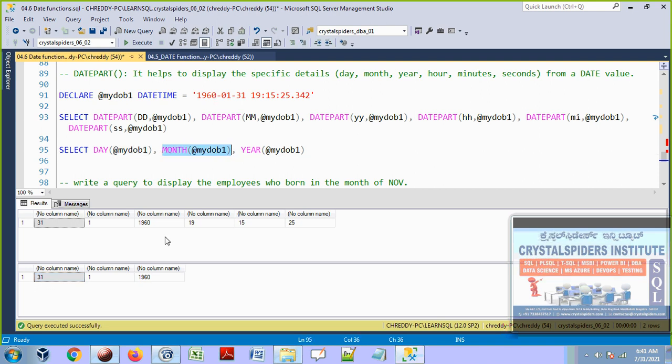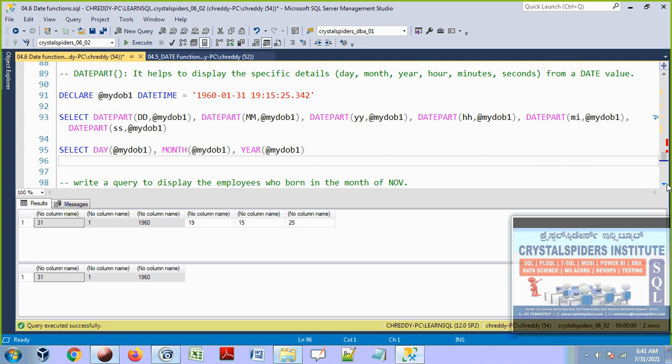What month is it? 01. Just 1, okay, the 0 is omitted, just 1. And the YEAR function will return what year it is. Inside this variable we have one value. In that value what year is it? 1960. So these 3 functions are similar to DATEPART with DD, MM and YY. Same, similar. That's why you see that these 3 functions are showing the same values like this.